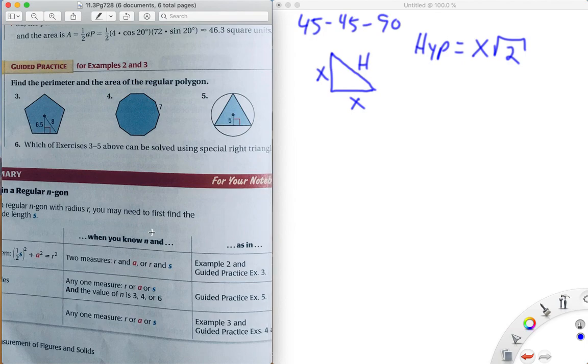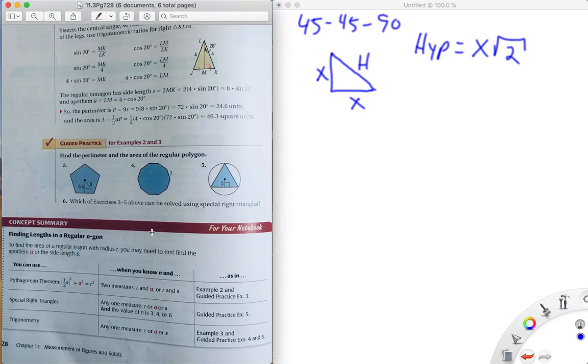So again, they give you this synopsis down here. You can solve for the regular polygon area by using either the Pythagorean theorem, special right triangles, which is 45, 45, 90, or 30, 60, 90 triangles, or trig ratios, sine, cosine, tangent. And that is